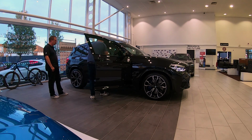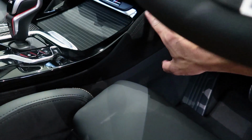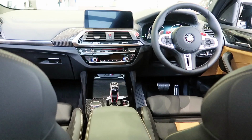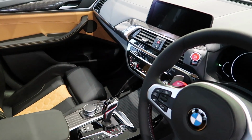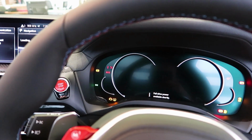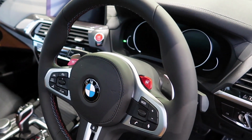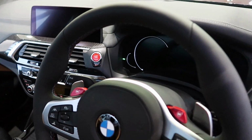But really, even the finishing touches, in fact down here, these are all Alcantara. So it's really nice in here. It's a beautiful cabin. You've actually got the iDrive 6 in here, so not the new operating system 7. I'm sure that's due very soon. We've got full digital dials, and we've got the new M steering wheel that you'll find in cars like the M5 and the new M8. So you've got the buttons at the top, the M buttons here and here that you preset with all your